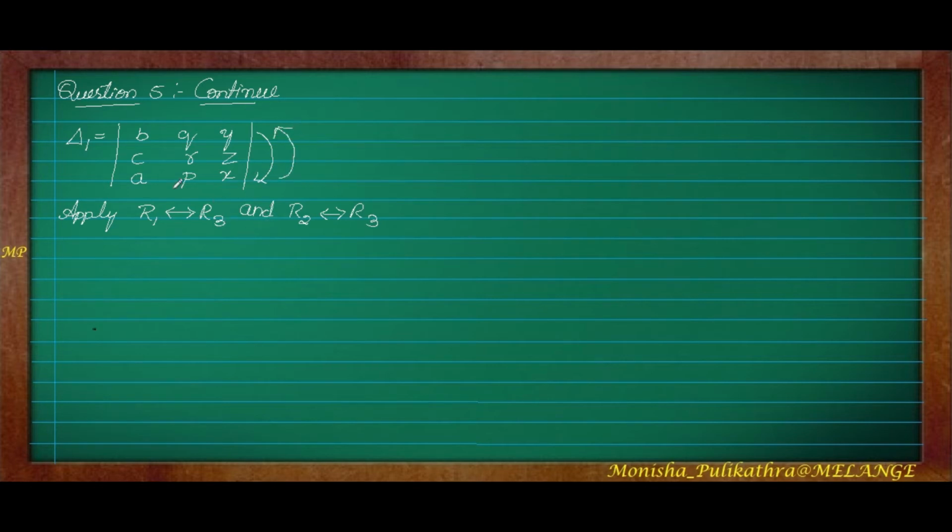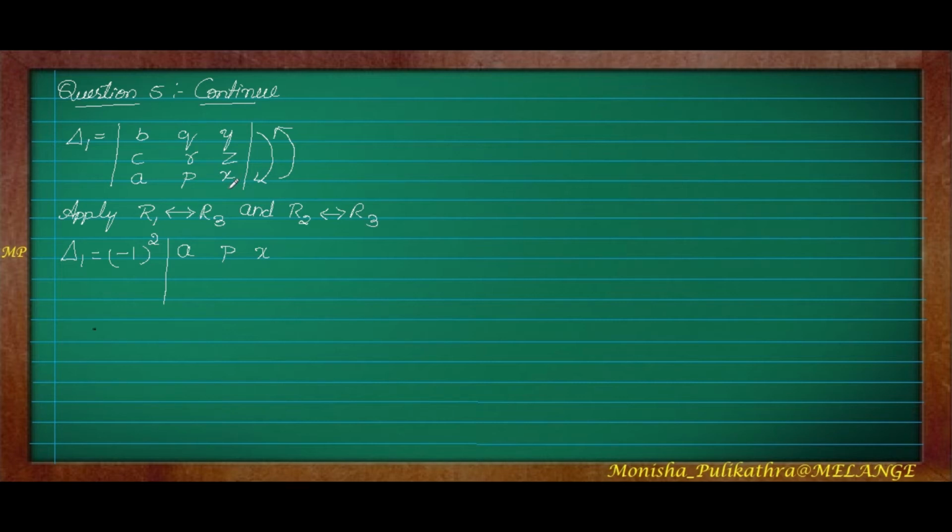So one thing you have to keep in mind, whenever you are interchanging two rows or two columns, you have to add one more thing, that is a minus 1. Since we are interchanging two times, if you are interchanging only one row with the other, only one time, you have to place minus 1. If you are interchanging two times, you have to place minus 1 into minus 1, that is minus 1 whole square. Okay, in the first case what you did, first you interchange here. R1 to R3. So BQY will come here and APX will come here. APX will come in the first position. So when APX comes to the first position, BQY will come to the last position.